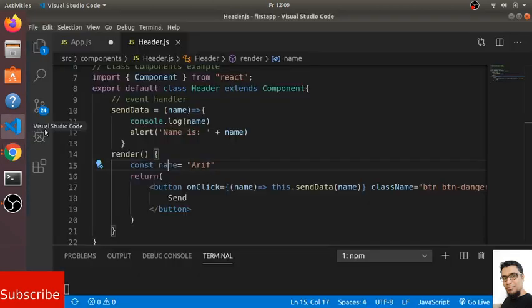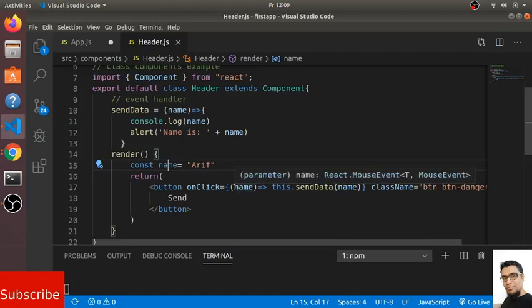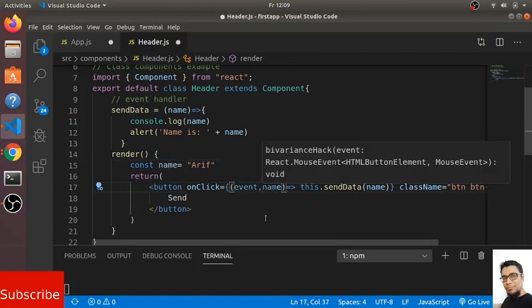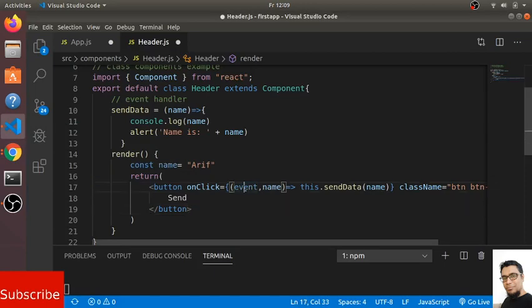We can do it two ways, but let's try the first way. Let's say that before sending name, I am sending an event, comma. So what is happening now? Event is something I am sending by default, because until now they took name as an event, but now when you write event, they understand. Okay, so let's remove this. I am sending an event. So by default, whenever I am calling this one, it has an event. And now I said okay, name. If I do this,